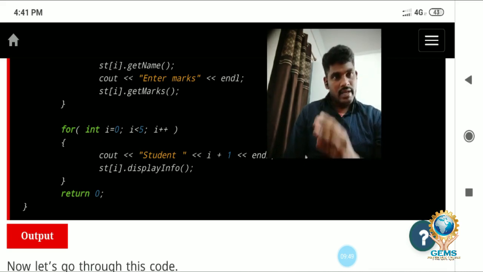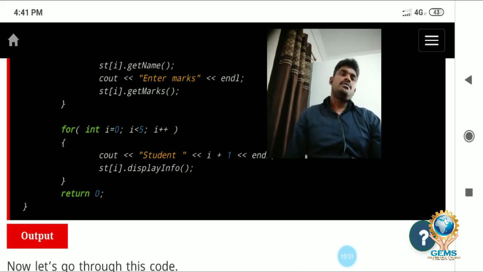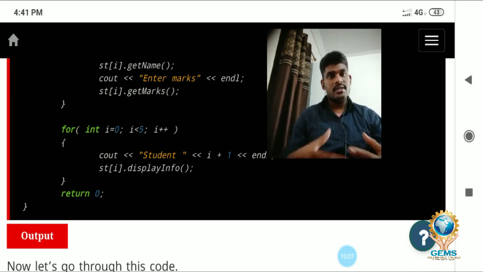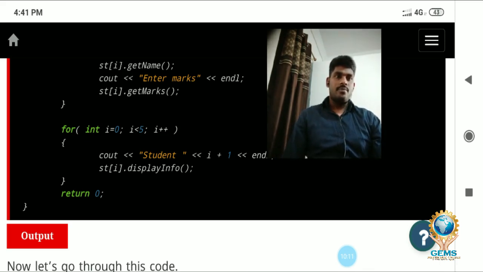Simple: array.getdata, getname, getmarks. Then again array.display info, so automatically the entire data inside the array will display. This concept is called array of objects.